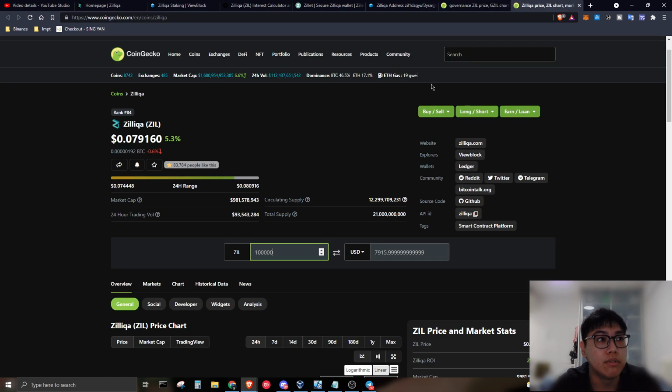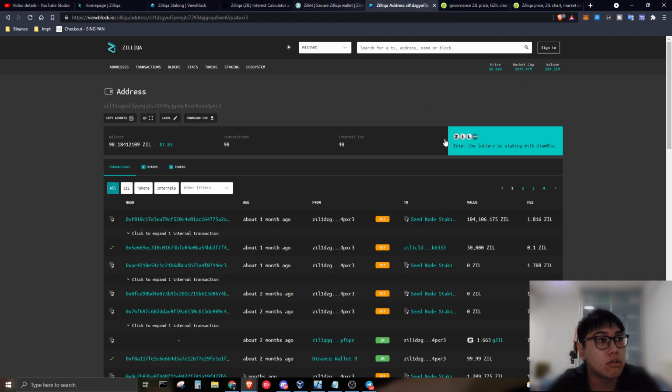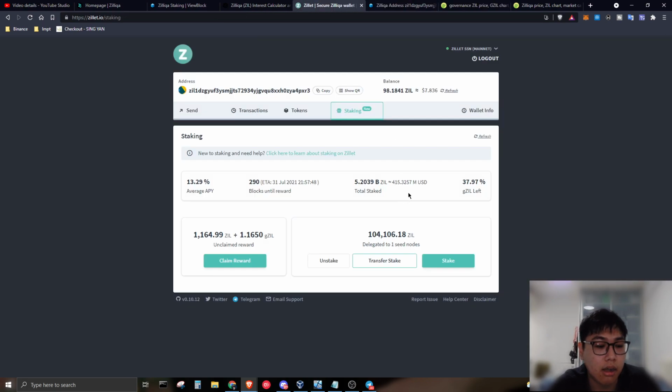Basically, they're just going to give you Zilliqa, whatever you are staking. Because you are staking Zilliqa, they are offering you Zilliqa. And of course, the downside is they will not tell you that they are also earning this thing called gZil, and they are not going to issue the governance Zil itself. Why is that so? Because they themselves need the governance Zil to cover costs on the network and stuff like this. So staking on your own, I would say, is the best